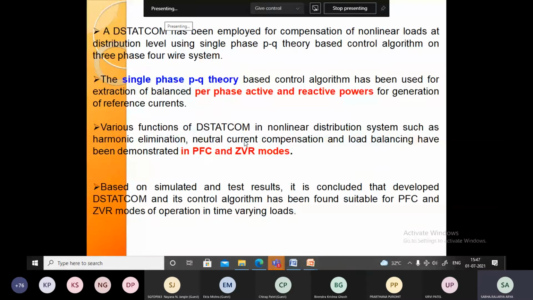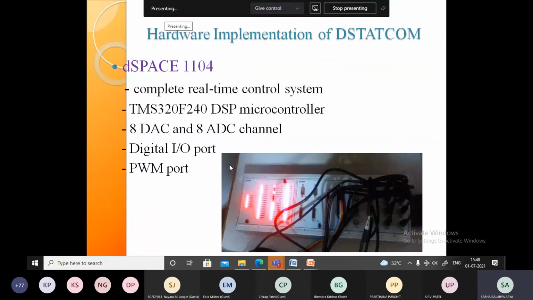So this one you have seen, whatever single-phase thing we have tested on the PFC, and then we have compensated the power quality problems. What power quality problems are there? Single-phase power quality problems, such as electric power harmonics or balancing, those things. Then how can we implement this one?